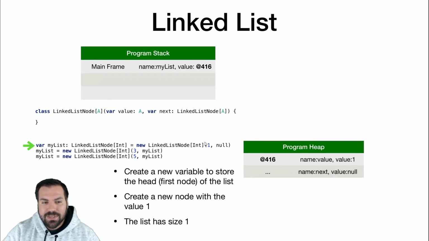Cool implications of this. So we're going to create a new linked list node. We have the keyword new. That means we're creating a new object on the heap. I'm going to give it a reference. And here I have my ats. I don't know why I don't have them in the previous time that I show the heap.